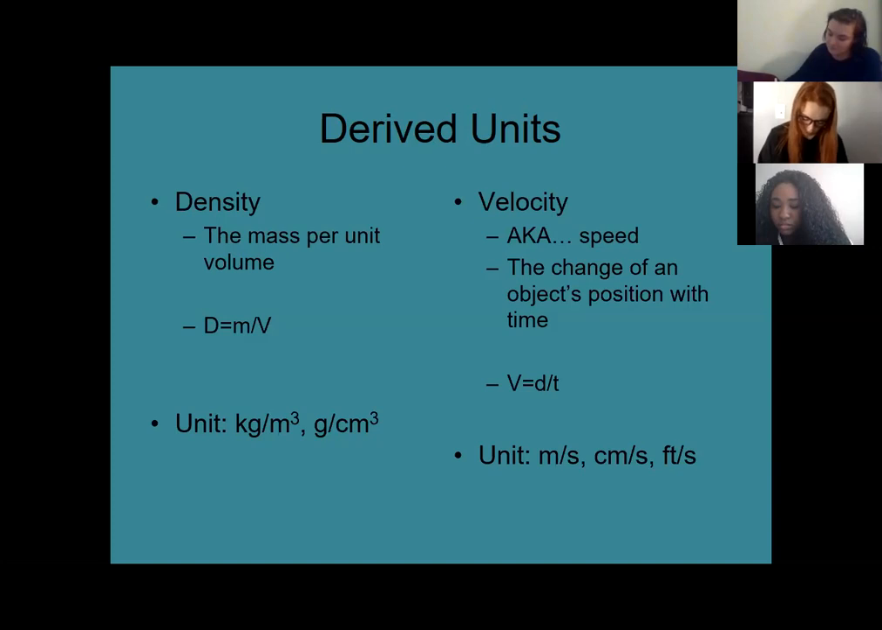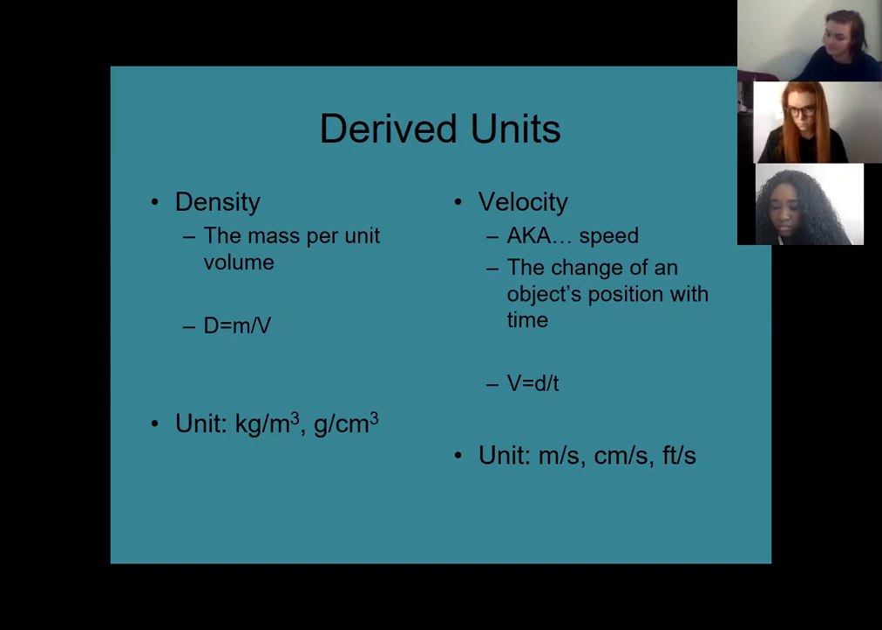Because by definition, density is mass per unit volume, and so your units must parallel the concept. And the last of the derived units that we're going to look at